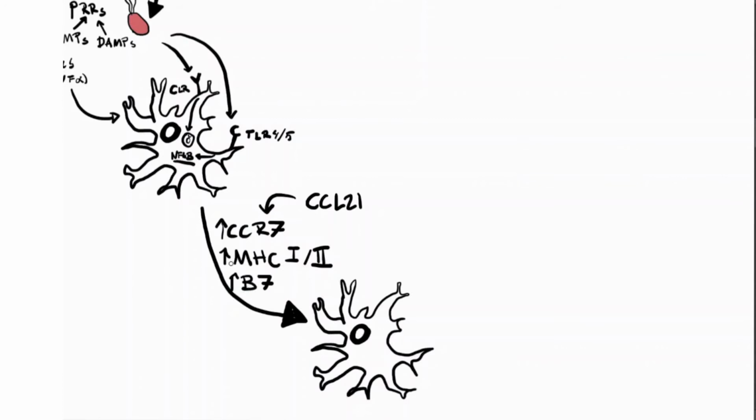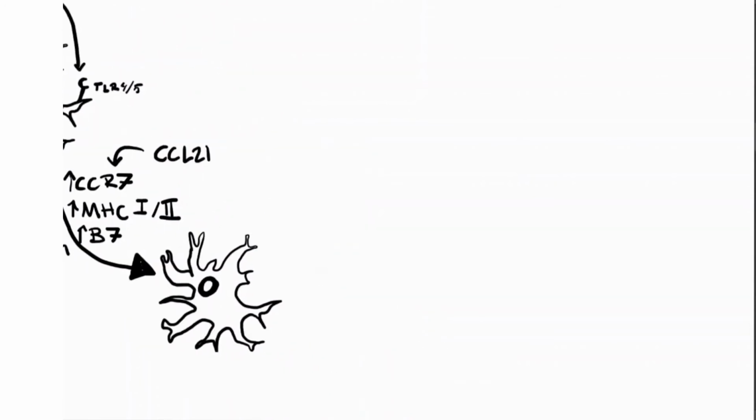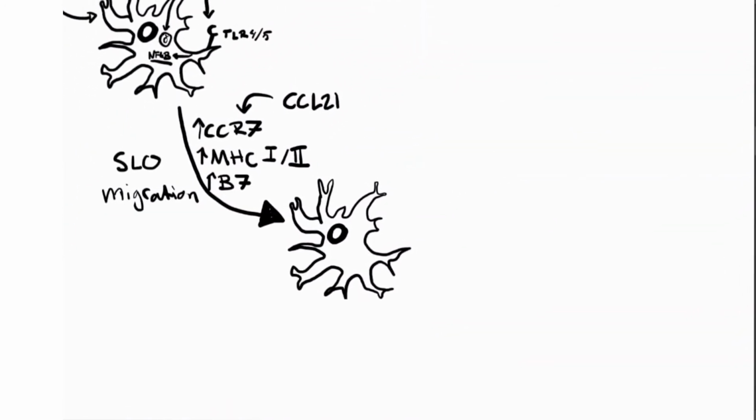What's also going to happen is that the cells are going to stop phagocytosing stuff. So they have eaten what they have eaten. They will not engulf anything more, and they will start to process it on its way to the lymph nodes. So I'll just put secondary lymphoid organ migration. So this process takes a couple of days, and